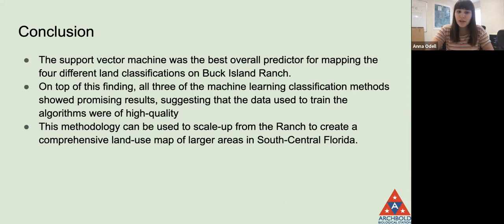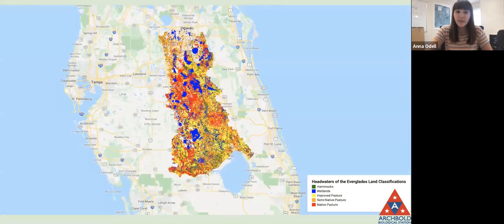This methodology can actually be used to scale up from the ranch to create a comprehensive land use map of larger areas in South Central Florida if we grapple with the computation a little bit more. This is a classification I tried on the headwaters of the Everglades region. There's an extra class here representing native pastures shown in red. It is not accurate because complexity multiplies as we scale up, but I strongly believe that this is possible to